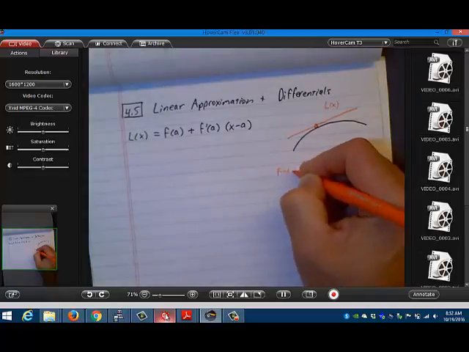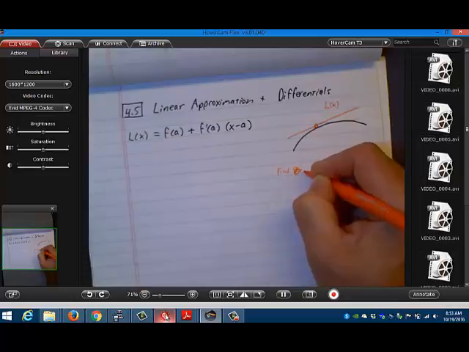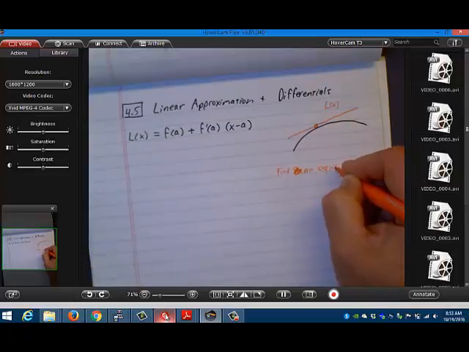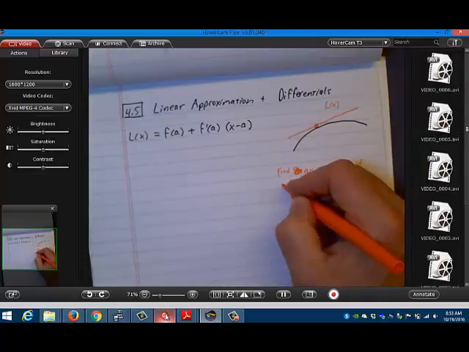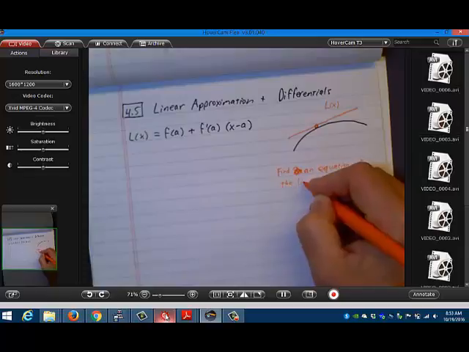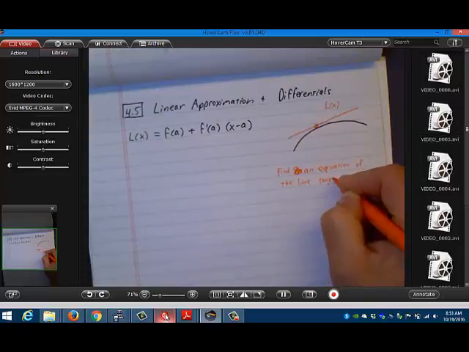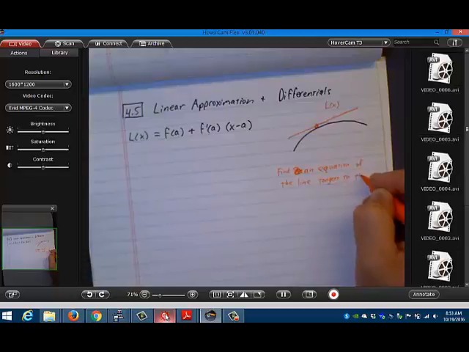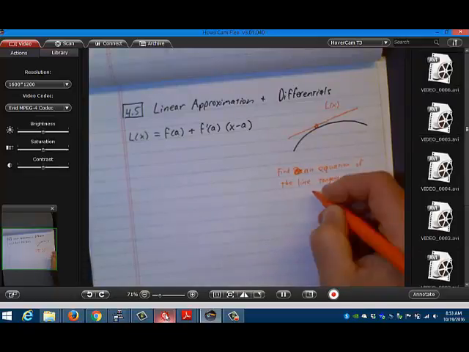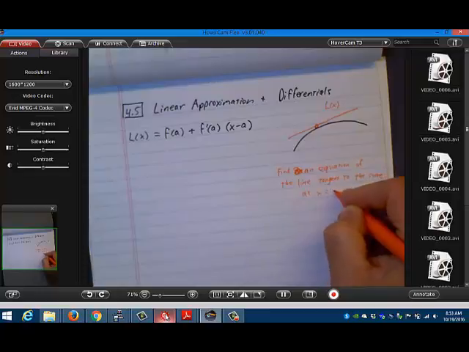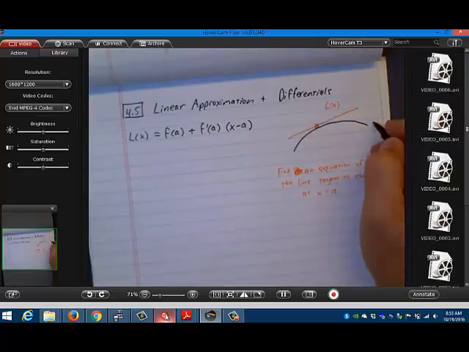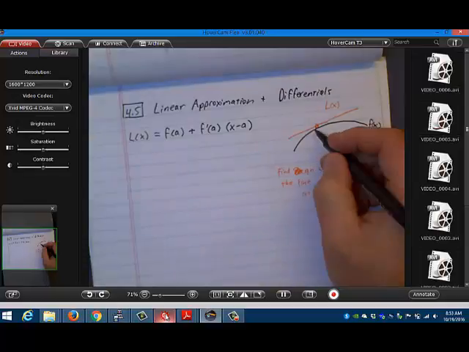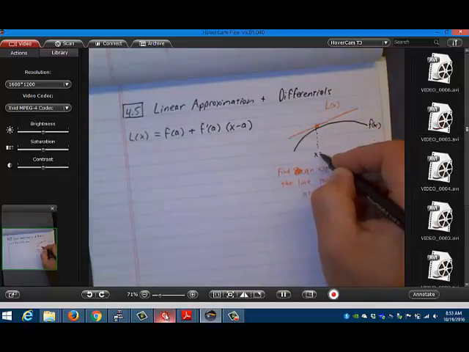Find an equation of the line tangent to the curve at x equals a. Haven't we done that like a million times? By the way, this curve, we'll call it f of x. And if I tell you that this is the point x equals a,